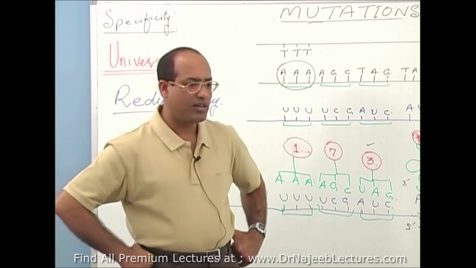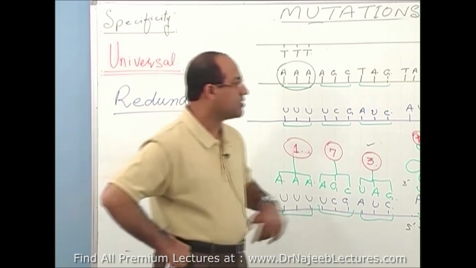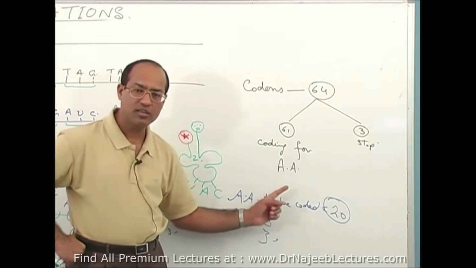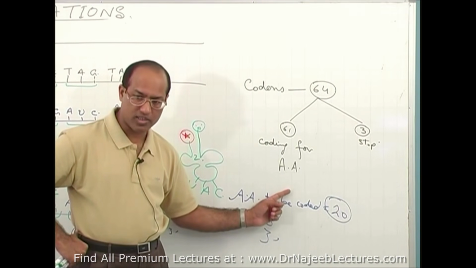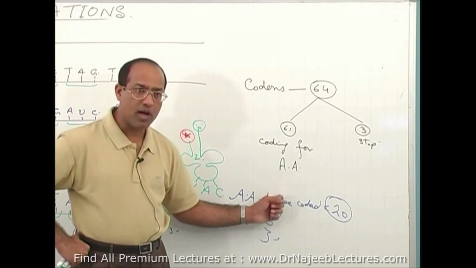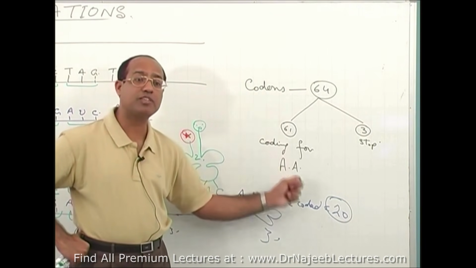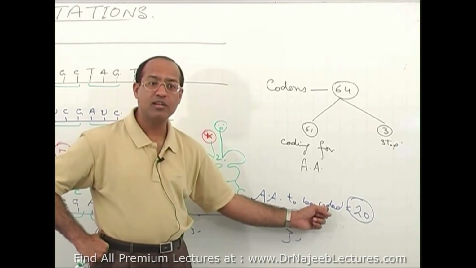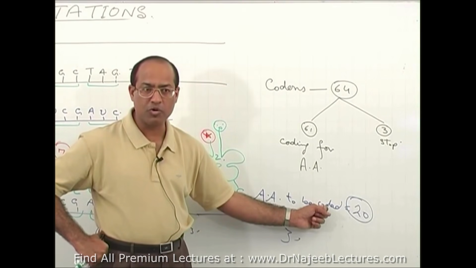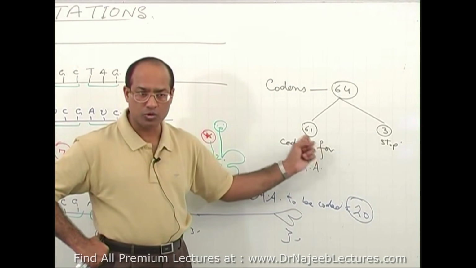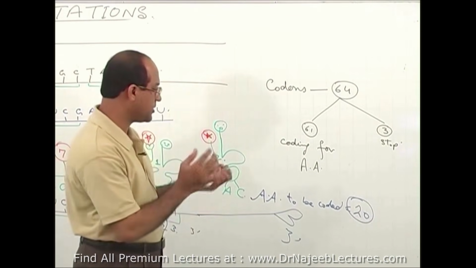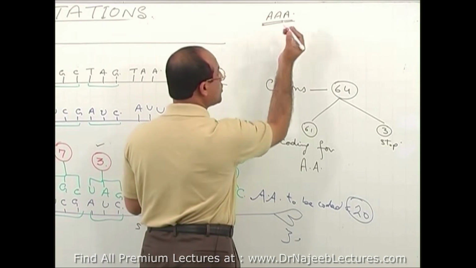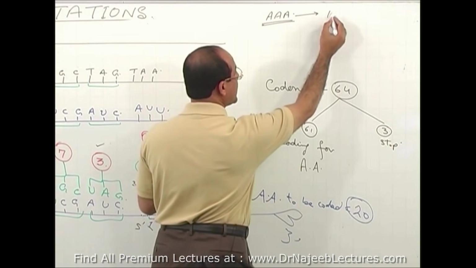So all this example, and as I told you previously, total codons are 61 and total amino acids to be coded are 20. So even though a particular codon is always for a specific type of amino acid, some amino acids may be specified by more than one codon. For example, let me repeat it, that if AAA goes for amino acid number 10, let's suppose,